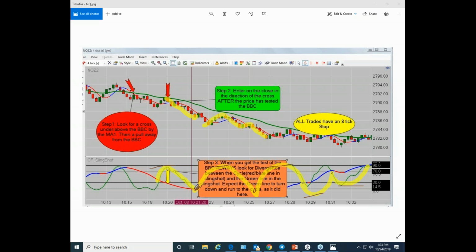Now, does it act like this? No, it does not. It does a bunch of zigzags and craziness that drive us nuts, right? But every trade, in the end, has an 8-tick stop attached to it, as highlighted here. We do that because sometimes the market doesn't do what we exactly wanted it to do, and we have to protect